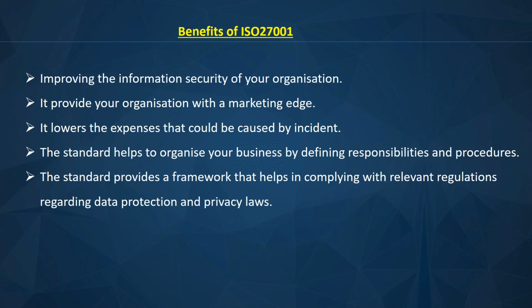So when you are bidding for a contract, you can say it loud and say, well, we have this ISO certification, because what you are trying to tell them is that, look, we take information security serious. We take it serious in our organization, and that's why we have that certificate. We don't joke with risk in our organization. So that will give your organization an edge. So it can give you a marketing edge.